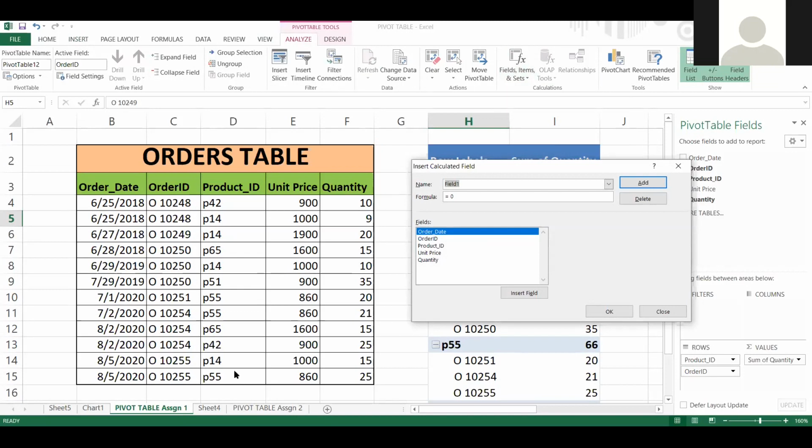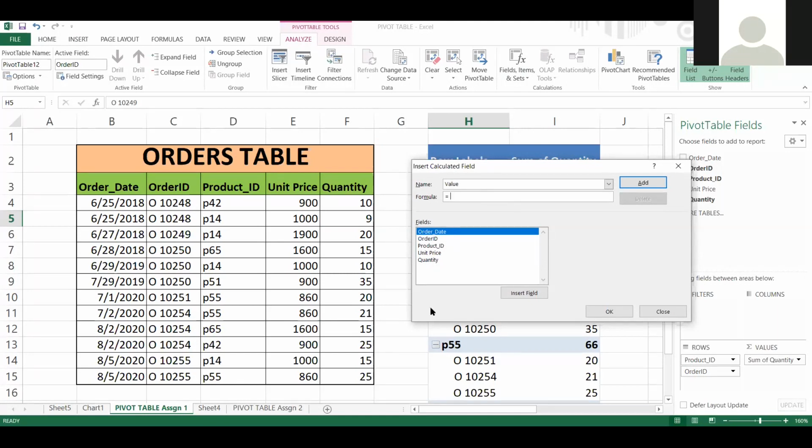So what should be the name of my field? They have already given it. If you see the file I have shared with you, they want value. So you can create any calculated field here and write any formula you want. What should be the formula for value?